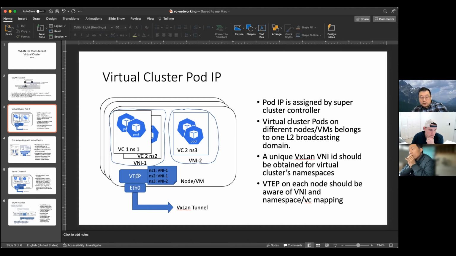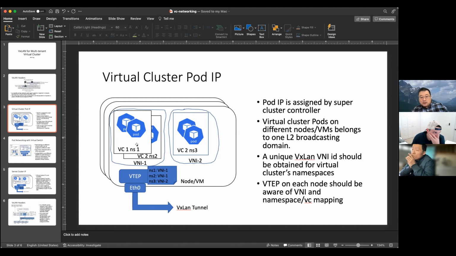So the VTAP syncs with the central database to make sure that all the mapping and the VNI are configured locally, so that it can recognize which IP address belongs to which virtual network interface, which is a VLAN, and how to encapsulate the outer IP headers into this virtual cluster